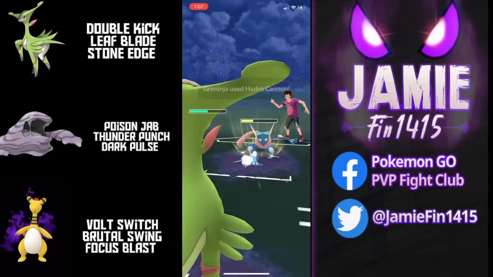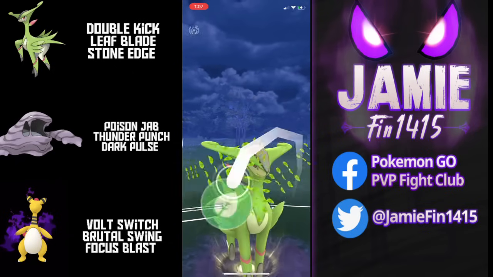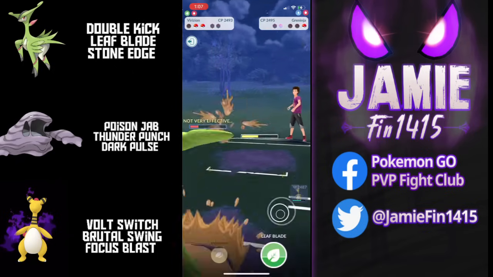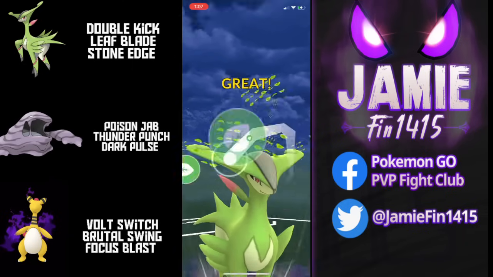Can Kitkat double kick farm this down? The opponent fires off the Hydro Cannon. It looks like we can't survive another, so Kitkat opts to throw the Leaf Blade, looking to get Greninja out of here. Back out comes Polyrath after we fire off one double kick and the Leaf Blade, so 3 turn